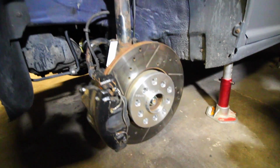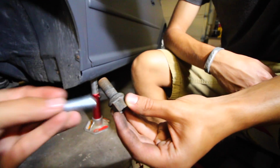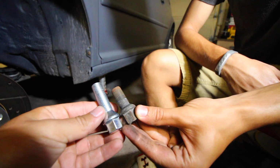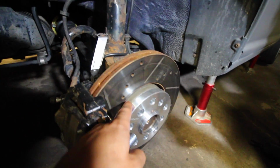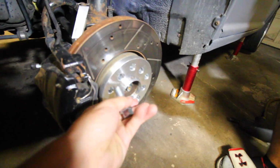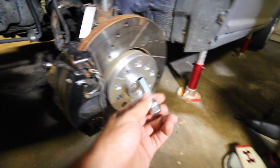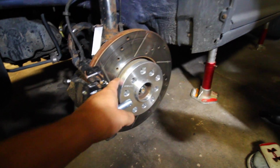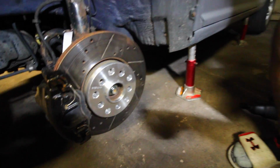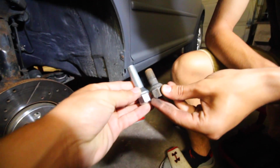So the lug nuts that we took off of the car are small, like this, as you can tell, and we've got our new ones right here, and you can see the size difference. The reason why these extended lug nuts are essential is so that you're going to have the same amount of threads attached in the backside of the hub, so that you're going to be able to thread the spacer right here on top, and you're going to be able to put the bolt through it. So we're not going to have less thread holding the wheel on the car, because otherwise the wheel could fall off very easily. So this right here is a 15 millimeter spacer, and we have about 15 millimeters of extra